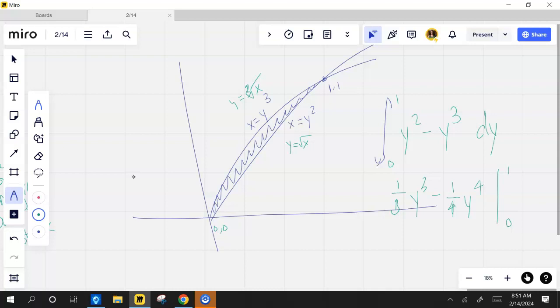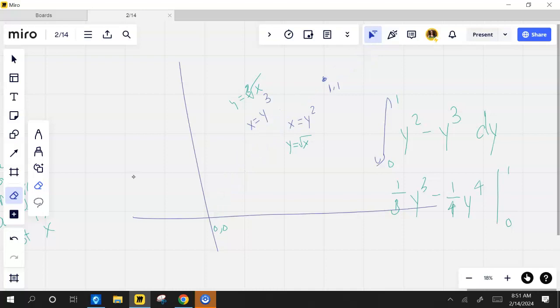Some of these you're going to actually have to graph to see where it's bounded. It'll say find the area of the bounded region. So if this wasn't shaded for you and you just graphed these two, could you tell what region they're talking about? Yeah. What's the region bounded by the two graphs? So it's going to be